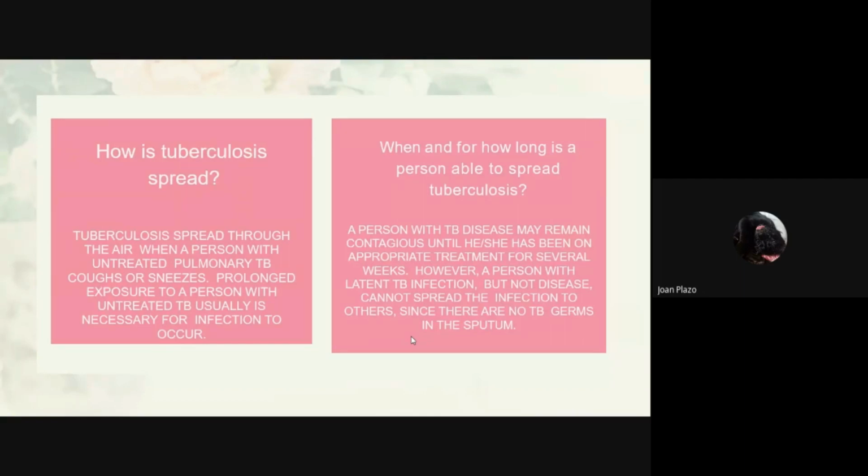Tuberculosis is spread through the air when a person with untreated pulmonary TB coughs or sneezes. Prolonged exposure to a person with untreated TB usually is necessary for infection to occur. You may have been exposed to TB bacteria kung ikaw ay nag-spend ng time near someone with the TB disease. The tuberculosis bacteria are put into the air when a person with active tuberculosis disease of the lungs or throat coughs, sneezes,